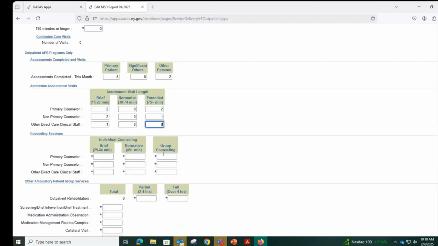And now we come down to individual counseling sessions. This is the number of sessions delivered by your staff, broken down by duration and type of staff. So primary, we're going to say normative. And as mentioned previously, group counseling is the number of sessions delivered, not the number of people that attended. So we will say